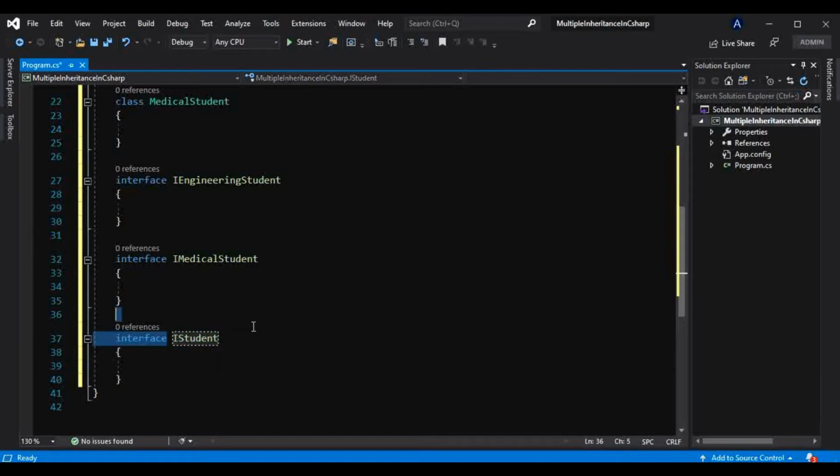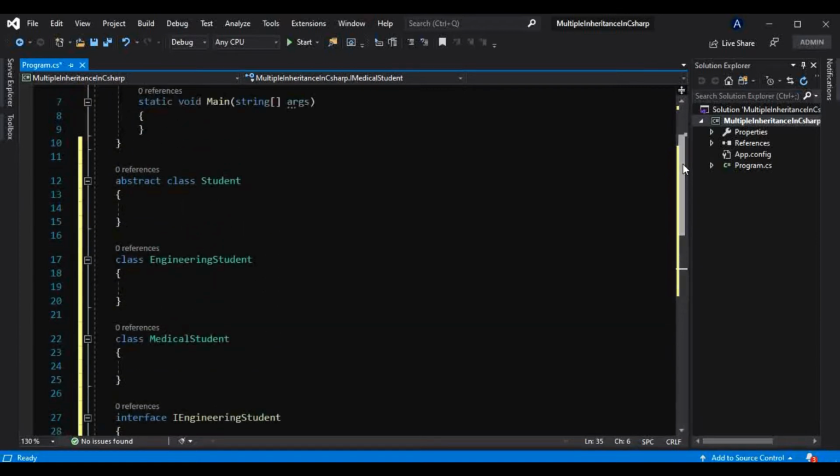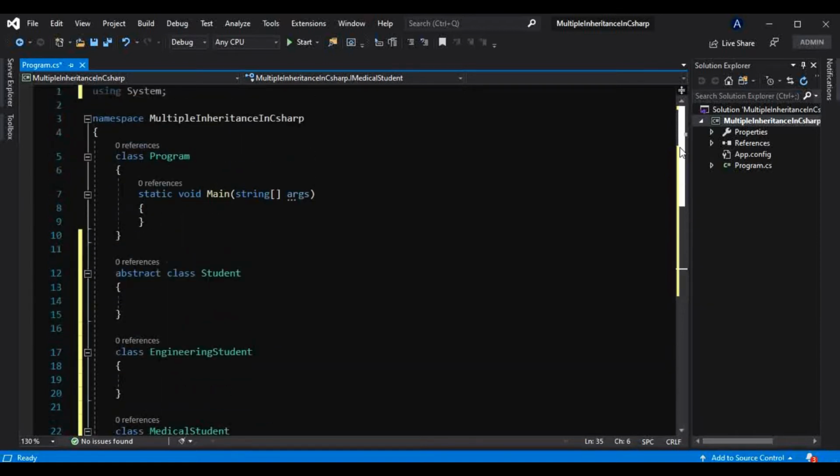That is nothing but a convention. From this name we can find out that yes, this is an interface. We have learned all these things in the previous tutorials of this series. So let's consider this abstract class has some properties.